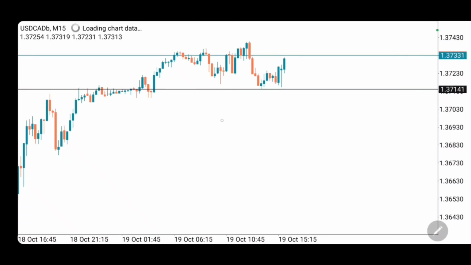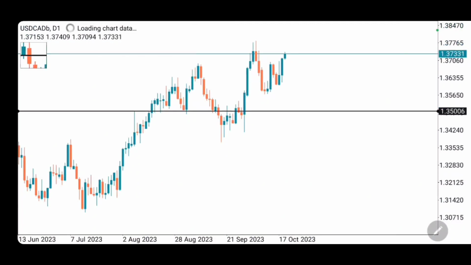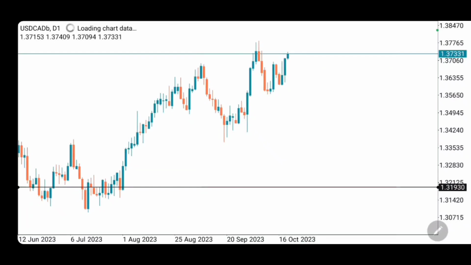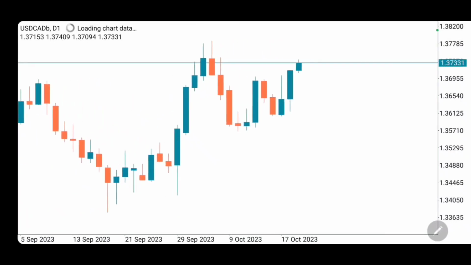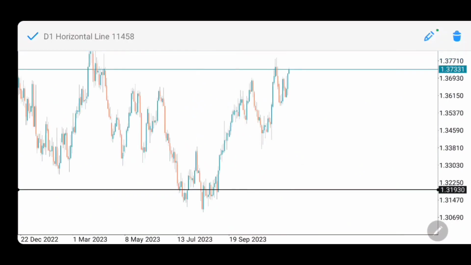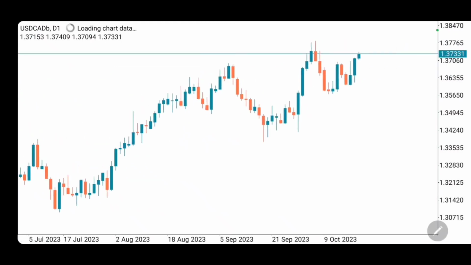So let us look for another one. Let's go back to the daily time frame. So I will be removing this candle. All right. So I'll be removing this line. So let us see another one. You can see this one now. Let me remove that candle before. Okay, now see this